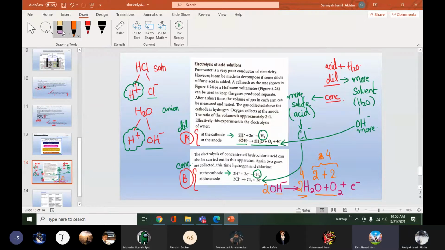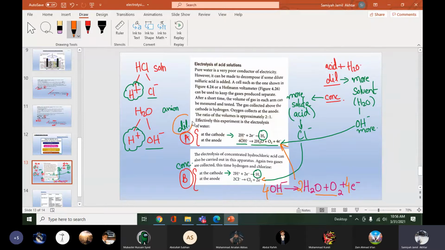On the reactant side, we will write 4 OH negative. Here we'll write 4 electrons. So if one hydroxide is giving 1 electron, then 4 hydroxides will give 4 electrons. So this is the balanced chemical equation for hydroxide ions, and you have to remember this equation, because